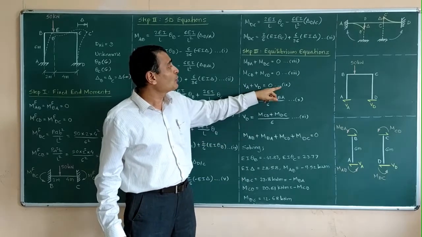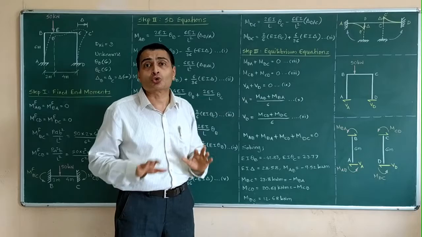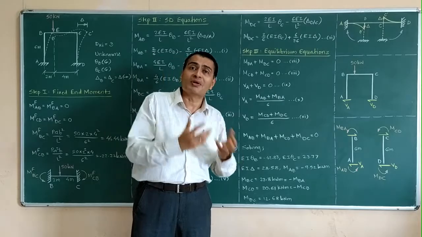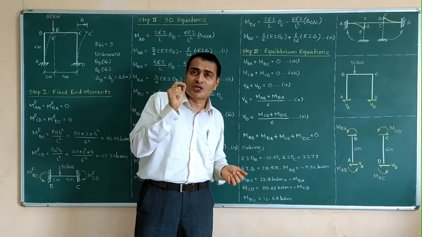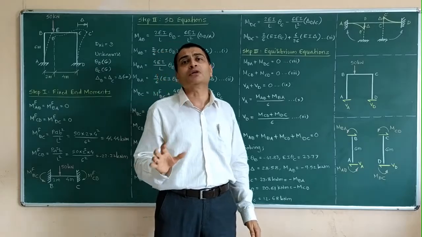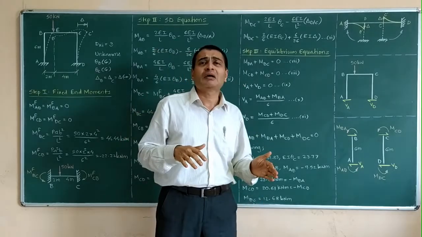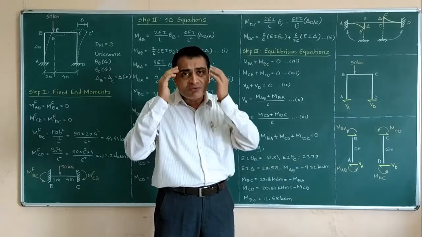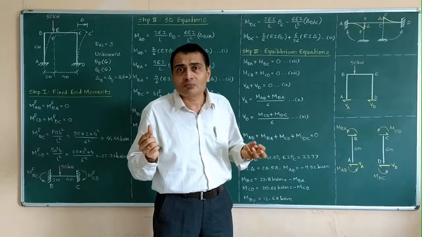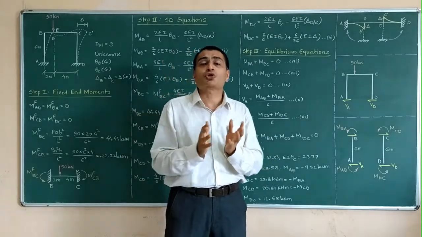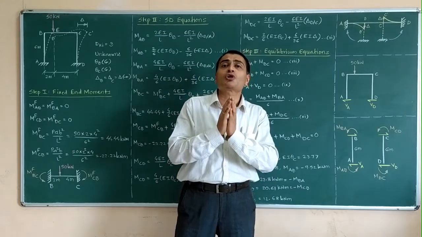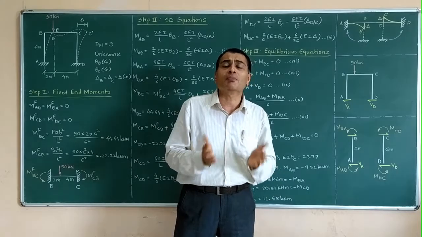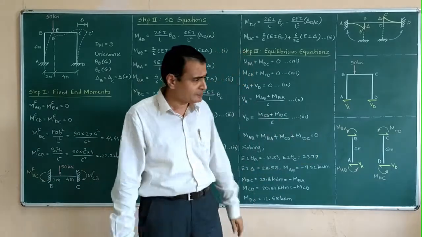Now I have written one more equation, but I have involved two more unknowns. So I have to get rid of VA and VD. I have to express VA and VD in terms of moments. See, all these observations that I am making are very important. Don't just remember steps and apply these steps to get the solution, because at some point of time you may forget. In a tricky question, you may get puzzled, confused, or stuck in your solution. That is not the way to solve structures problems. You have to understand what you are really doing, the mathematics part, the mechanics part.